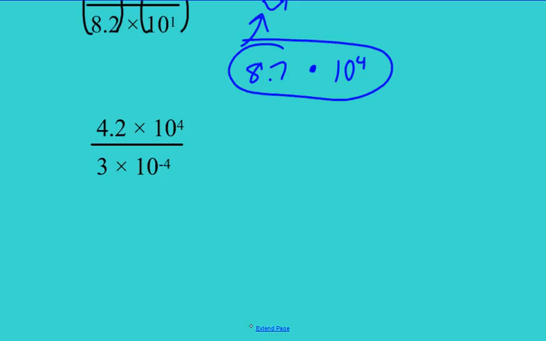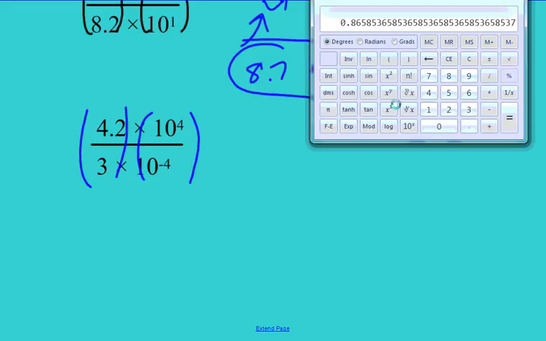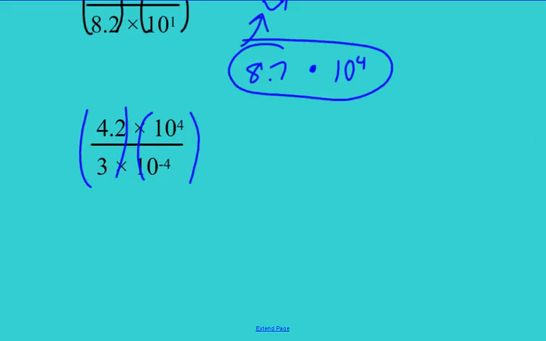example. Let's do this division first. 4.2 divided by 3, and then 10 to the fourth divided by 10 to the negative fourth. So 4.2 divided by 3. 4.2 divided by 3 is going to be 1.4. So we get 1.4